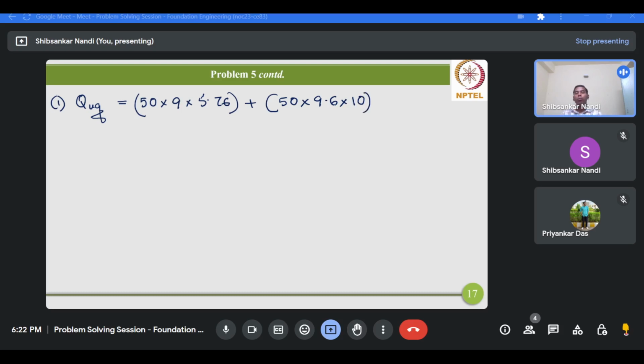The perimeter of the pile group multiplied by the length of the pile will give you the surface area of the block. So please calculate. If you calculate this value, it will be equal to